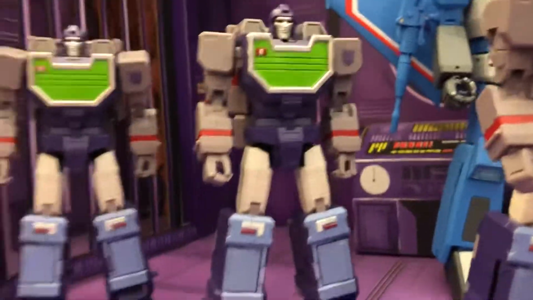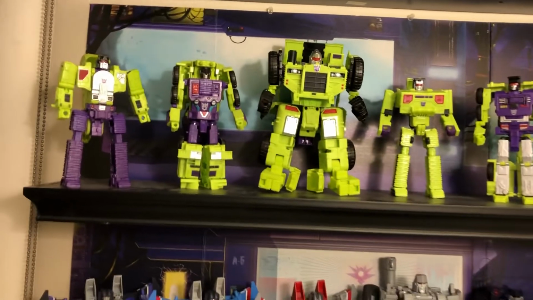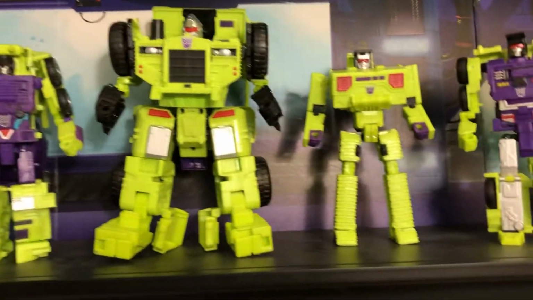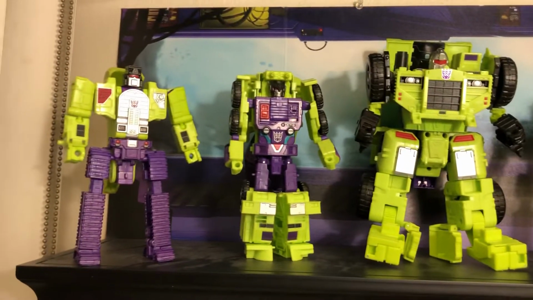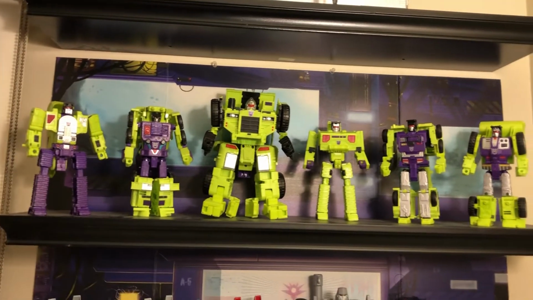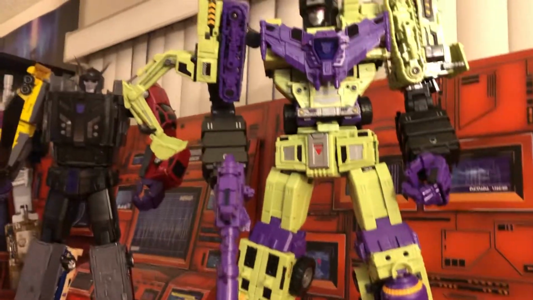And then for the Constructicons, I can actually still use the Takara Unite Warriors Constructicons. So here they are, and these look pretty close to the cartoon, and they fit in very nicely with this collection. But when you combine them, they don't really form a really big Devastator. That's why in this wrong background I have the Toy World Devastator,